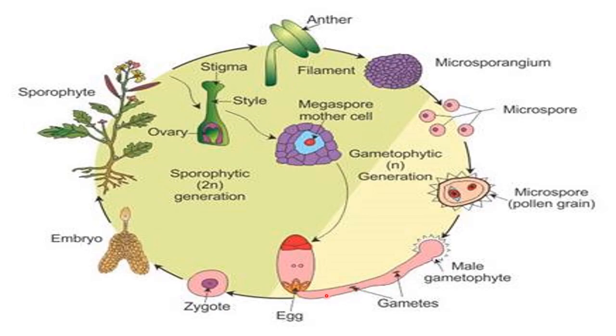Now this pollen tube enters inside the embryo sac. See from where this embryo sac has come. Here you have seen the female sex organ of the flower. Inside this ovary part, the ovule is present, right? And inside that ovule the megaspore mother cell is present. That megaspore mother cell inside the ovule makes this embryo sac. So this embryo sac is present here.